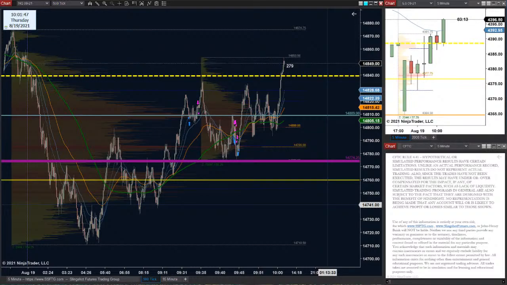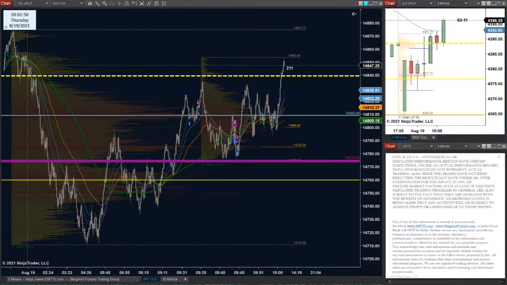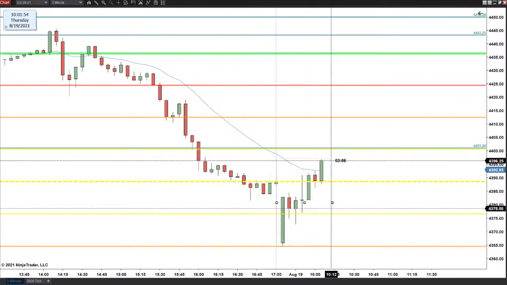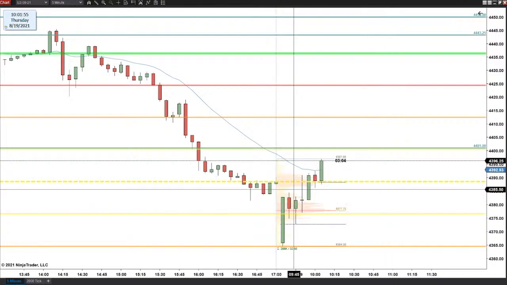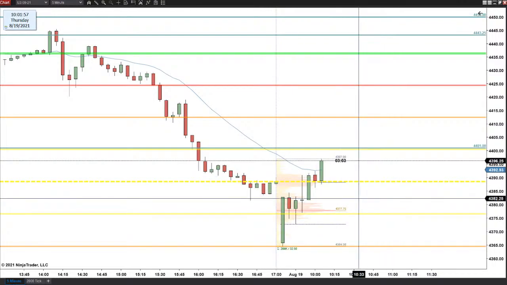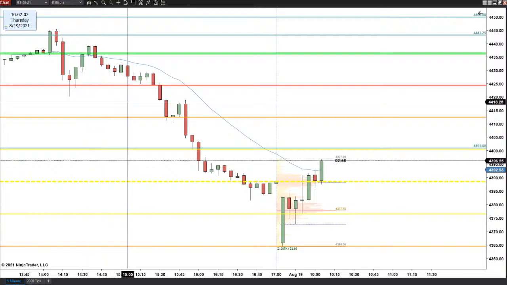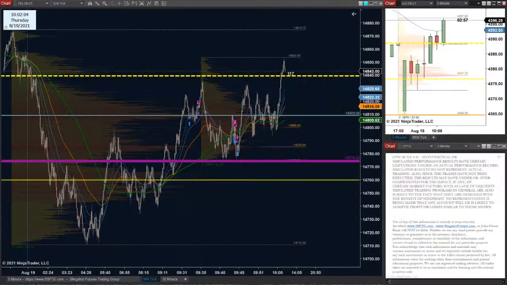Still long in the S&P. Nice. Keep it going. That thing's ripping. We're back above settlement now. That was the main objective for a lot of traders. Now that we're continuing up, honestly, until they shift the POC, I have every reason to believe that the longs are going to stay long. What's going to hold them down, you know? There's nothing really in their way anymore.